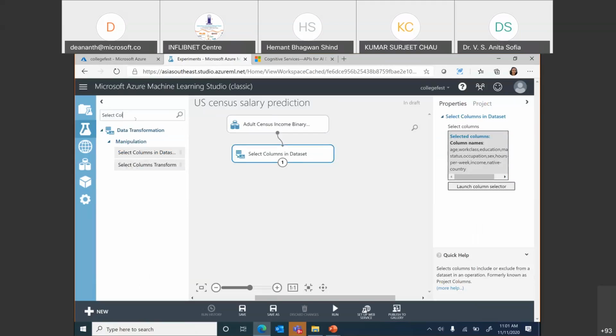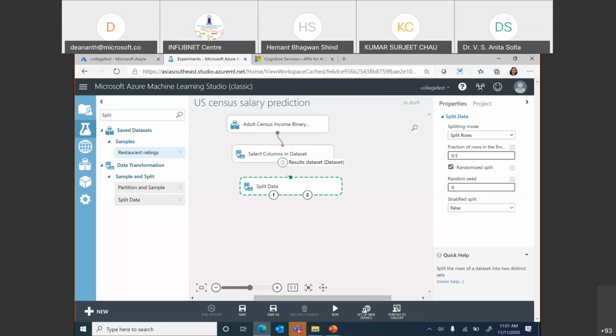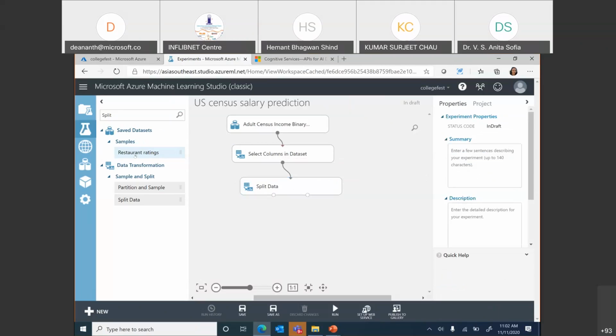Now, in any machine learning experiment, as you would all agree with me, we have to split the data into 2 portions: a portion which we'll use for training and a portion which we'll use for testing. I can split this data by using a recommended splitter to say include all people who are working in private organizations, include all people who are female, and so on. But for now, I will just do a randomized split. I will take about 75% of the data for training and 25% for testing. So I did a random split.